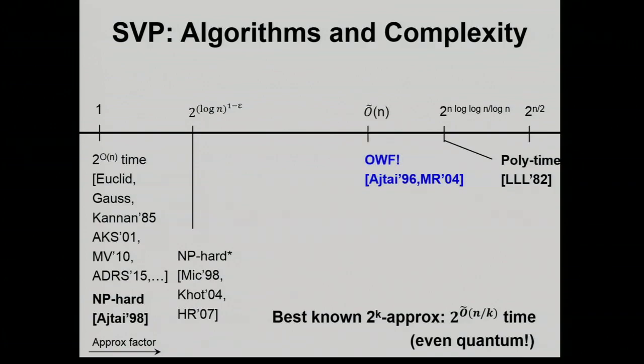The really exciting development for us cryptographers came in the 90s, 1996, with Ajtai discovering a way to construct one-way functions, the most basic, the most structureless, the most primordial cryptographic primitive that you can think of, starting from the hardness of approximating the shortest vector to within a factor of n. Okay, so that's what he did. It's a beautiful, landmark result. Really, I mean, I exist because of this result.